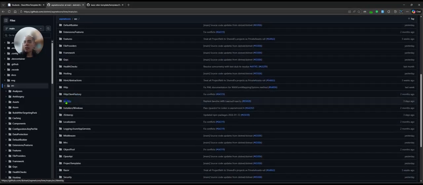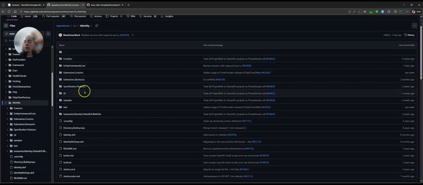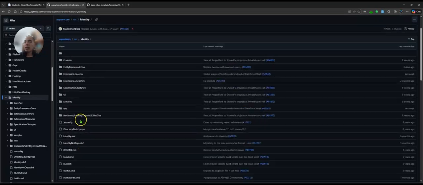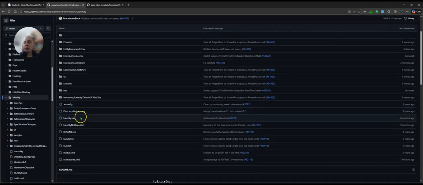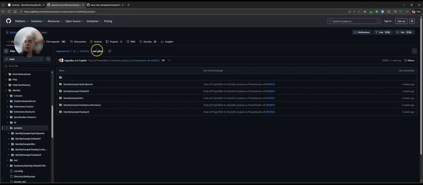And here's the information for identity. As you can see, there's a lot of information here related to the API, which I will read in the future for sure. And the interesting part for me is this one for samples, because here I have well structured